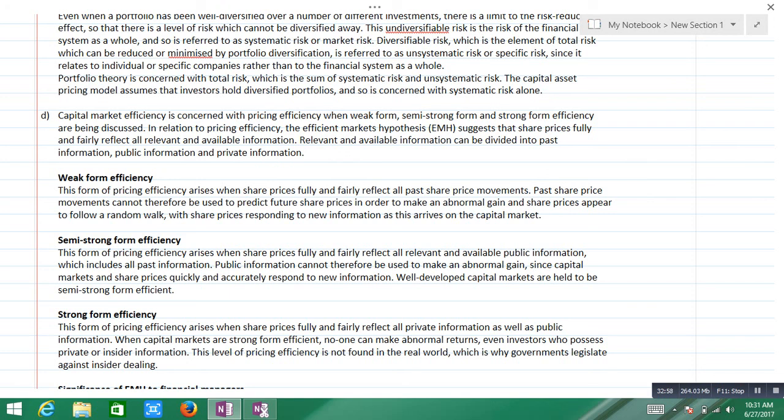Okay, so you can take it down. I already simplified overall what systematic and unsystematic risk and the EMH are, guys. So this will be the answer for your part C and your part